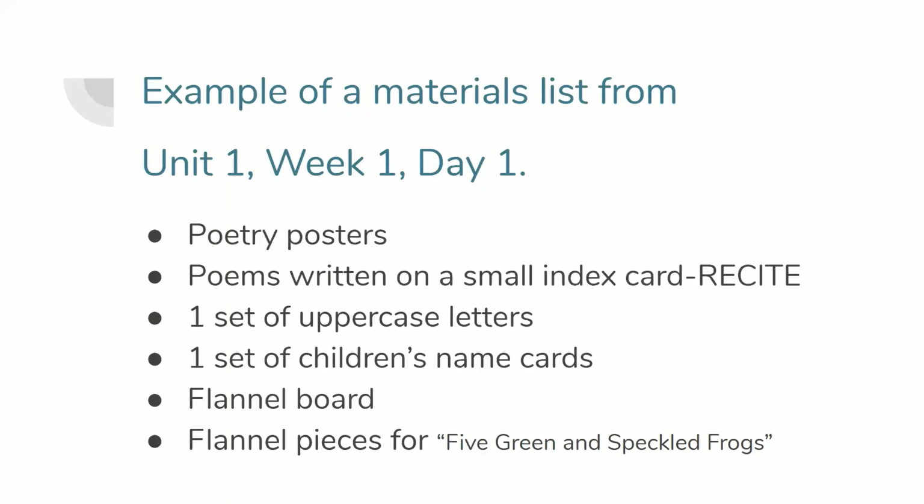And then I would say, Jessie, look, your name begins with the letter J. This is when you raise your hand. And then she raises her hand. So there are multiple opportunities there to practice that skill. All right, so once you play that game, next we are going to learn a poem called